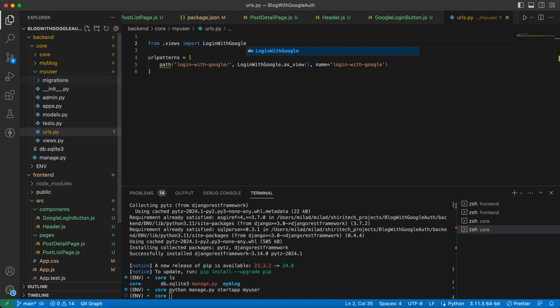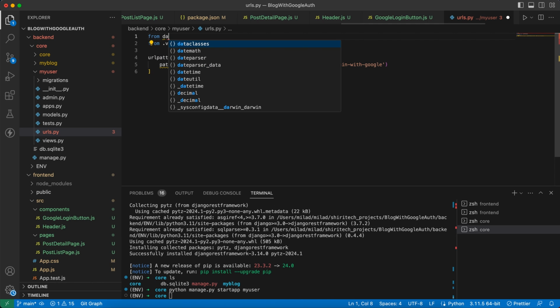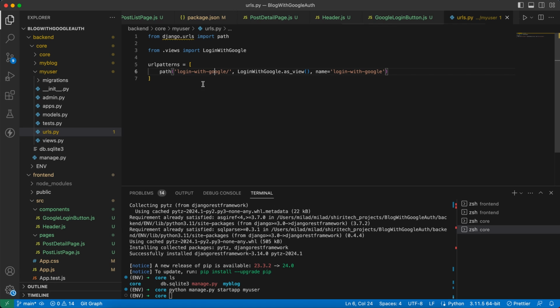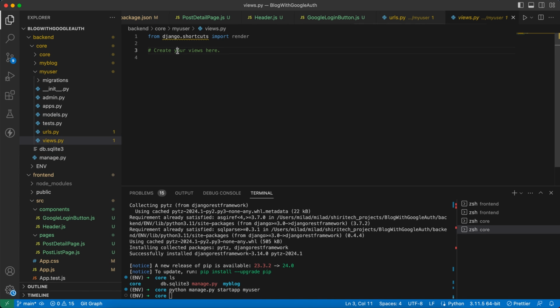In just a moment we create this view, and also let's import path from django.urls. Import path, go to views, class LoginWithGoogle, and I'm gonna use APIView for this. So from rest_framework.views import APIView,